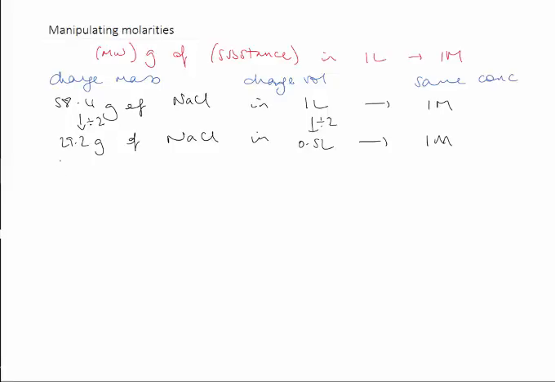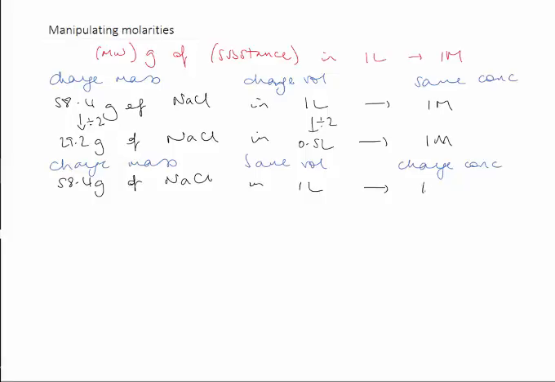Now, we could also change the mass and the concentration, and then the volume would stay the same. So the same volume. If we've got a different amount of stuff in the same volume, then it stands to reason that the concentration would change. So to return to our example, if we start off with 58.4 grams of NaCl in